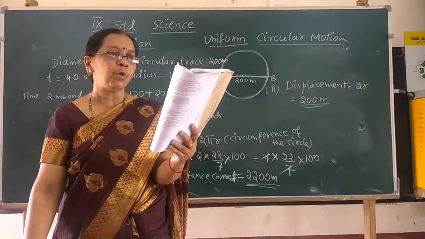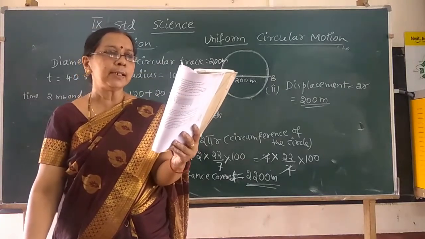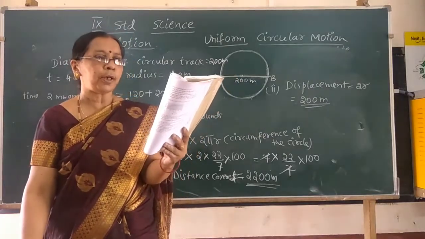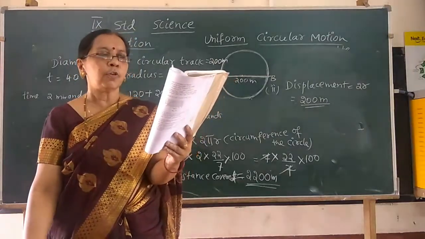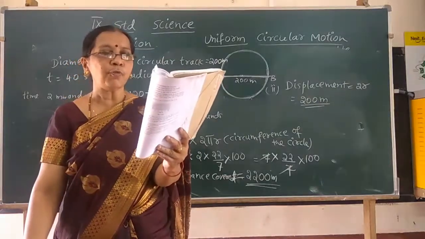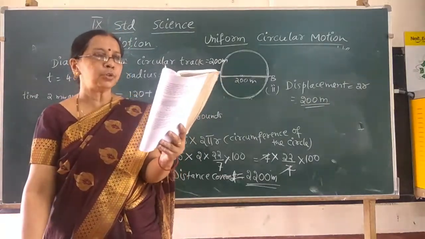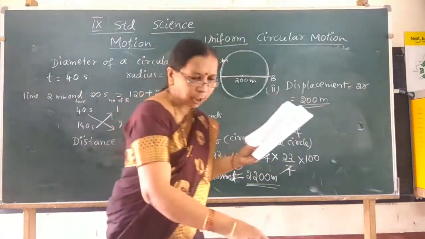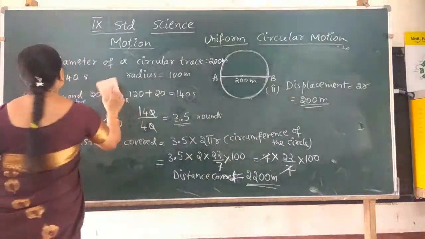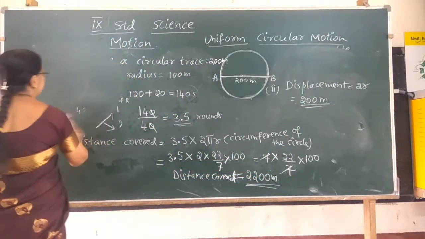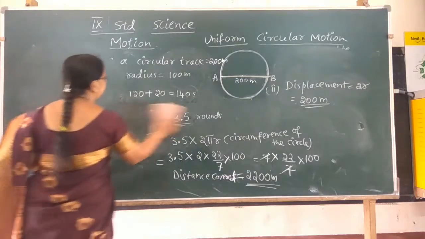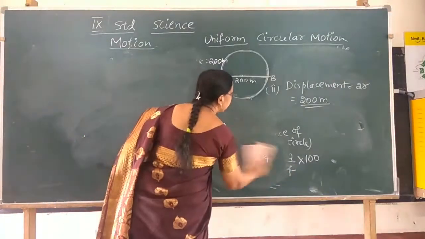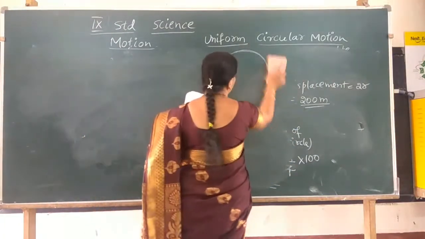Easy to solve. See, a motorboat starting from rest on a lake accelerates in a straight line at a constant rate of 3.0 meter per second square for 8.0 seconds. How far does the boat travel during this time? How far does the boat travel? So what formula is to be used? As I said, you first write the given data, right? And then according to the data given, you can use the formula that fits.